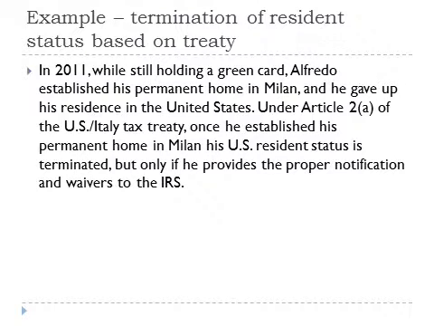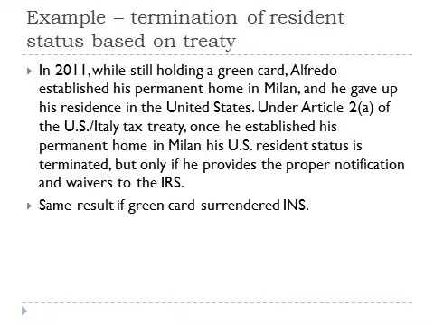Under Article 2A of the U.S.-Italy Tax Treaty, once he established his permanent home in Milan, his U.S. residence status is terminated, but only if he provides the proper notification and waivers to the IRS. Note that the same result would have been reached if he had officially surrendered his green card to the U.S. Immigration and